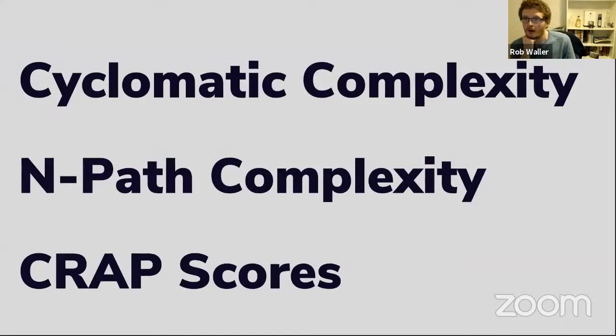So there are three core metrics. Probably the most famous metric to do with code complexity is cyclomatic complexity. And this is the metric you'll have seen in most places. Most tools have this metric. And basically what it means is it tells you how many control structures exist in a unit of code. And a unit of code normally being just a method, right? Or it can be a class, but it will normally be a method that you'll assess this against.